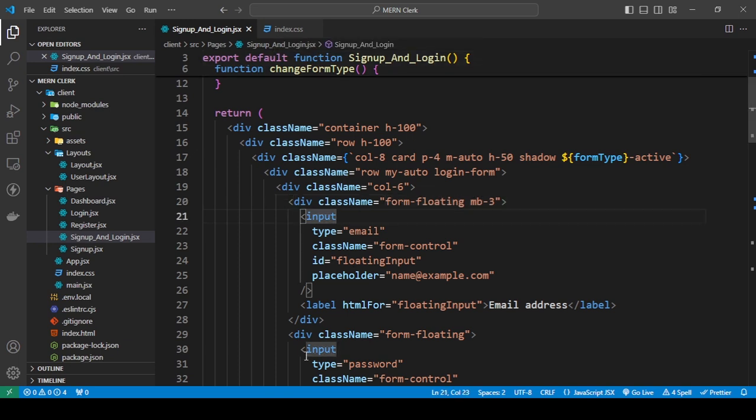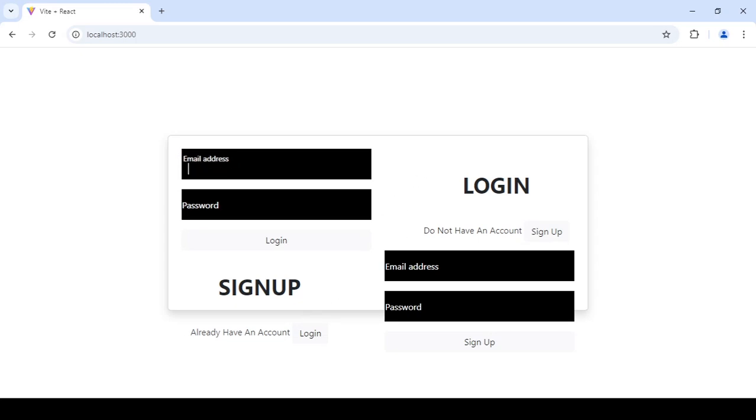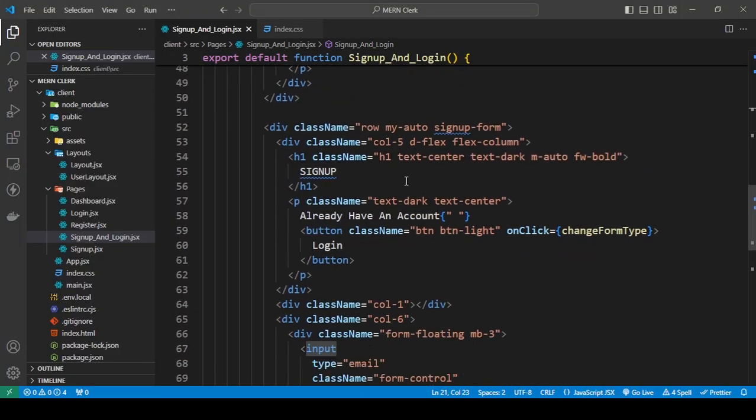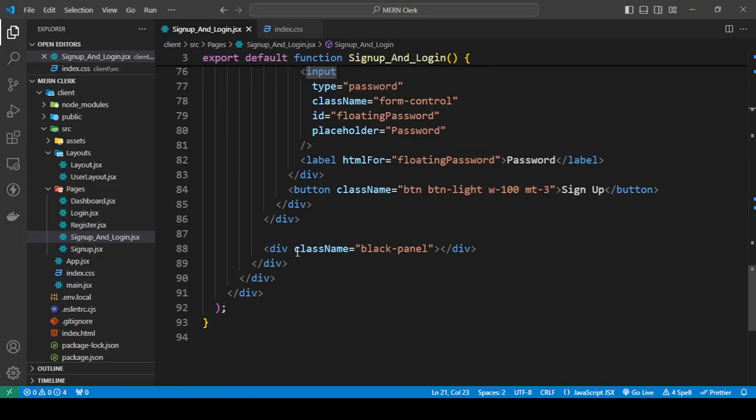The first thing, if you go to the bottom of this, I just created a div that has a class of black panel. And I am just going to take this,